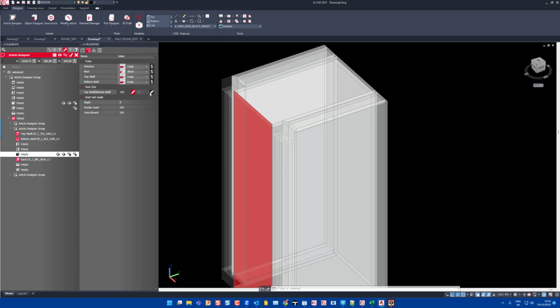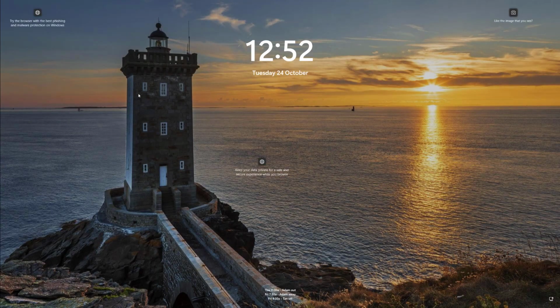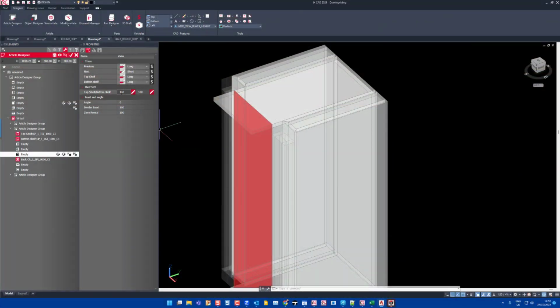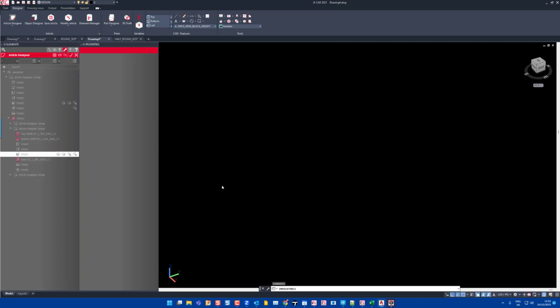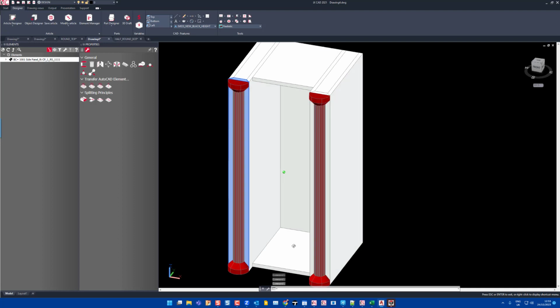And the same with the top and the bottom. Nice. Now what we can do is go to our round top